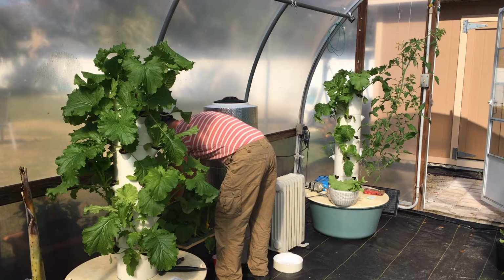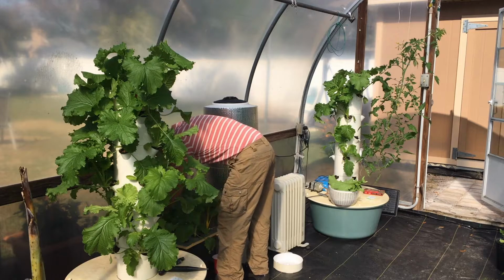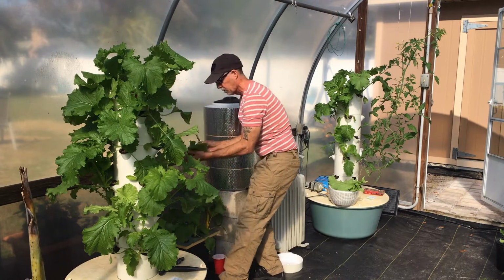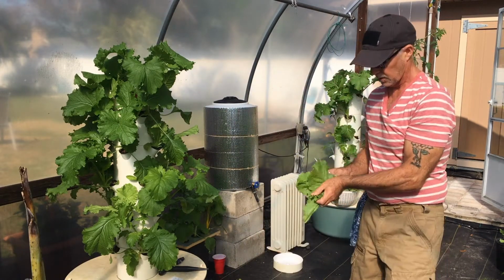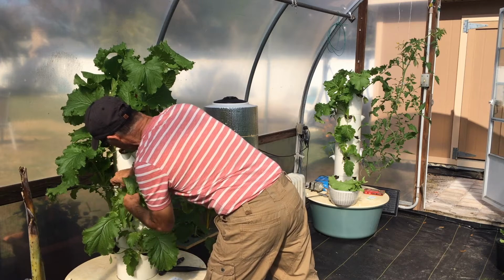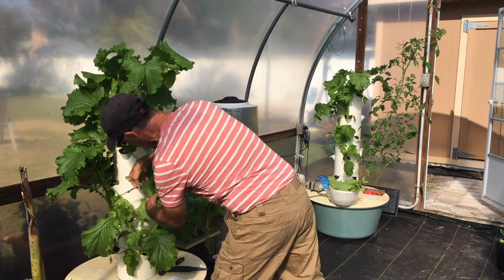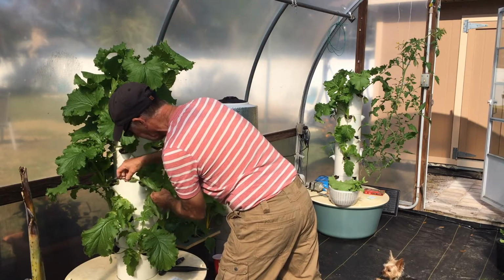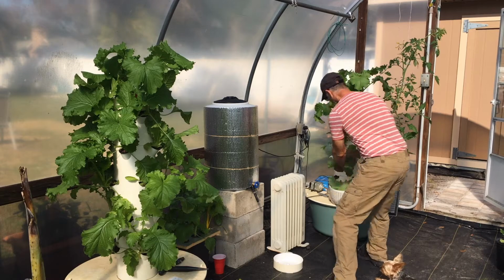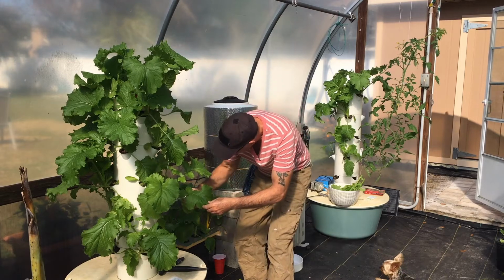Now, I talked before about my escarole. Let me grab a couple of the larger leaves and I'll show you what we got here. We got one more right here. So, there's the escarole. I have one over here I wanted to get, and one more back here. When it gets up against the tower, I like to get them out of there. They're not going to do well. Oh, look at the size of this one. Whoops, I just cut my tag. Look at that beautiful escarole. And look at how much I have here real quick. I'm going to get a couple more of the larger leaves. And what I like to do